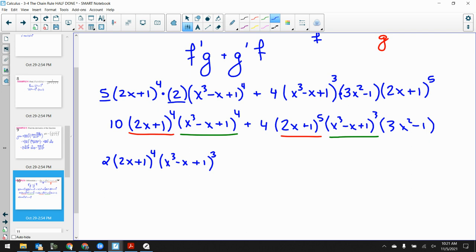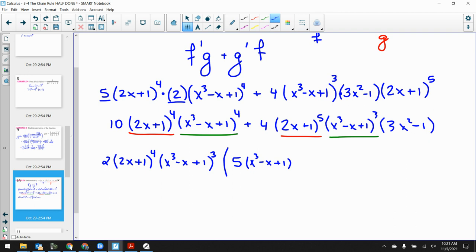And they don't share a 3x squared minus 1 in common, so we're just going to leave that. So now that's going to get me all multiplied by, 10 divided by 2 is a 5. And then here I pulled out all 4 of the 2x plus 1s, but still left over an x to the third minus x plus 1,